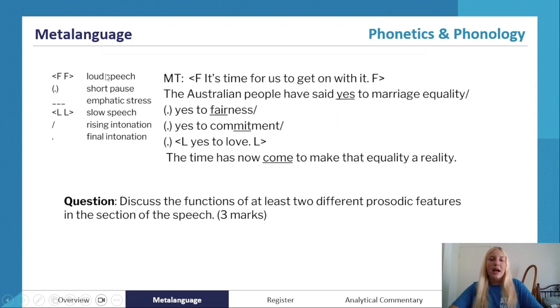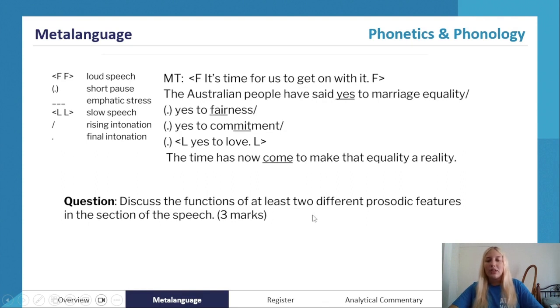So this is loud speech. This signifies a pause. A short pause would just be more dots. Okay. Emphatic stress, an underline underneath the word, shows that that syllable or entire word is being stressed. L for slow speech, in comparison to the F for loud speech. And rising intonation. If the squiggle is facing the opposite way, it's falling intonation. So if you literally follow the line, this is rising, and if it points in the opposite direction, it's falling. Okay,